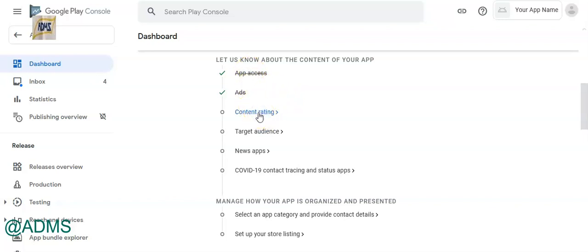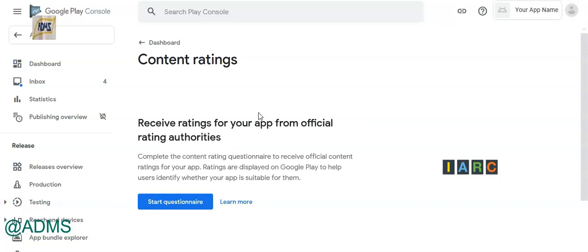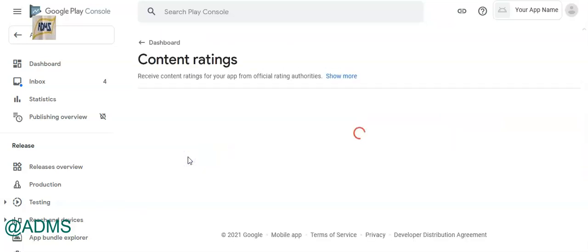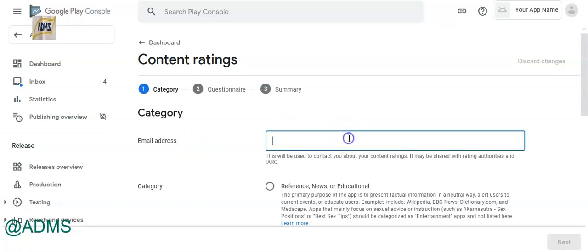Next, go to content rating. Here for content rating, we have to complete a questionnaire. So click here, start questionnaire. Then you have to give an email address. Whatever questions you answer, a certificate sort of thing will be generated, and that will be emailed to this email ID. So give your email here,